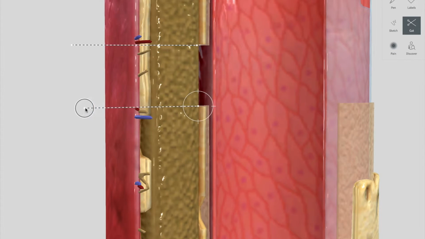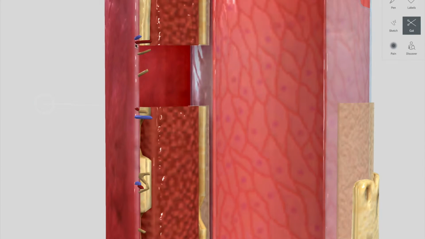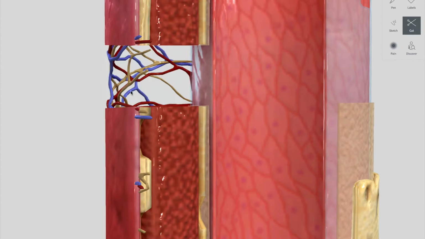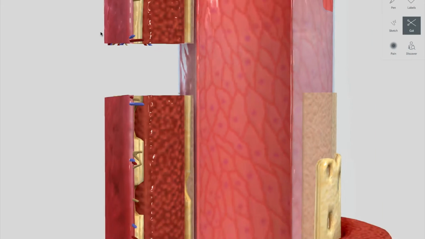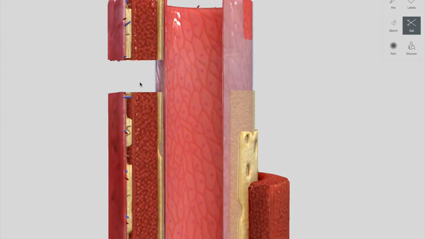It will rip through each layer of the artery. And then, just like that, there's a hole, and the blood flows into the